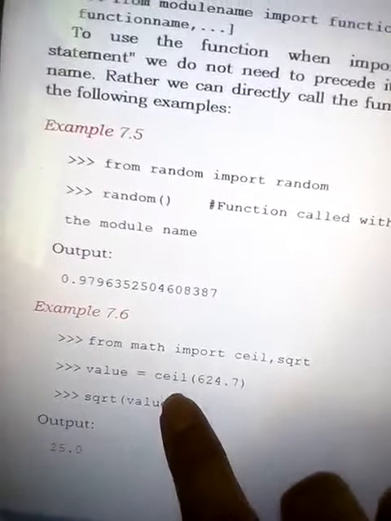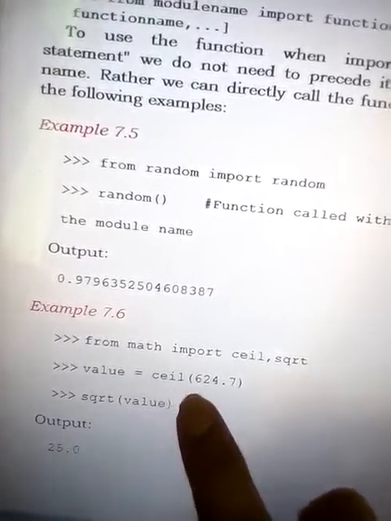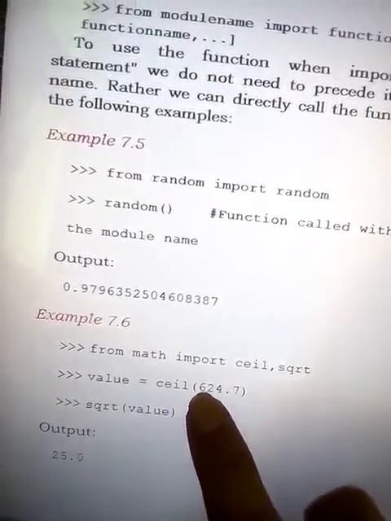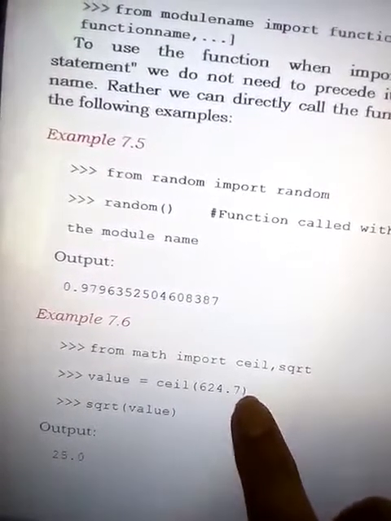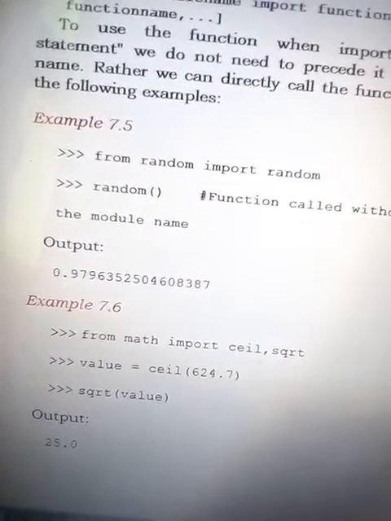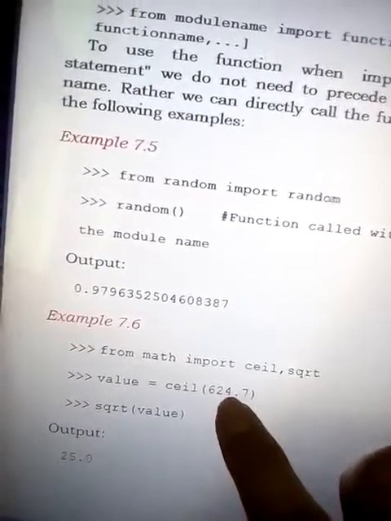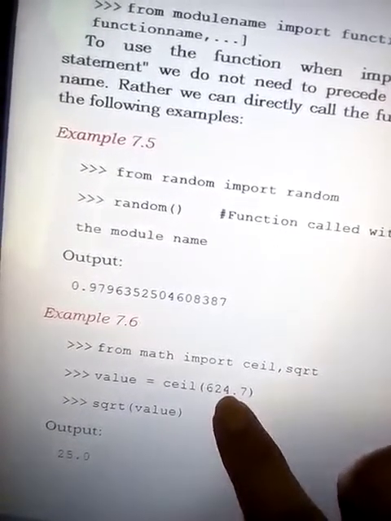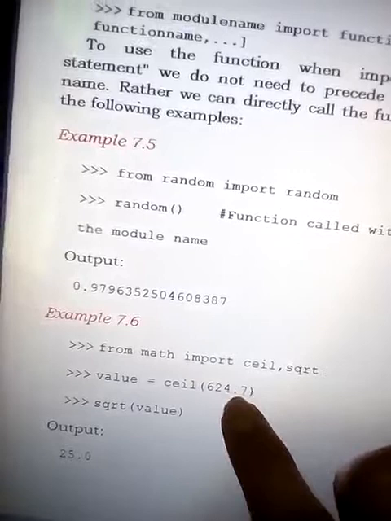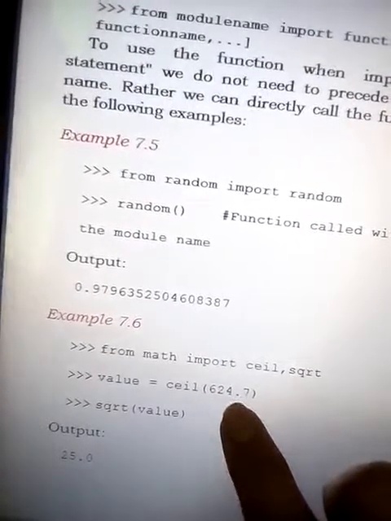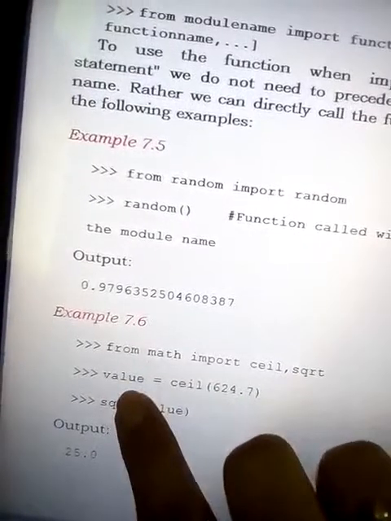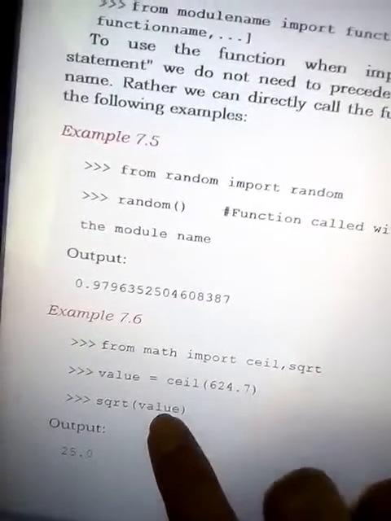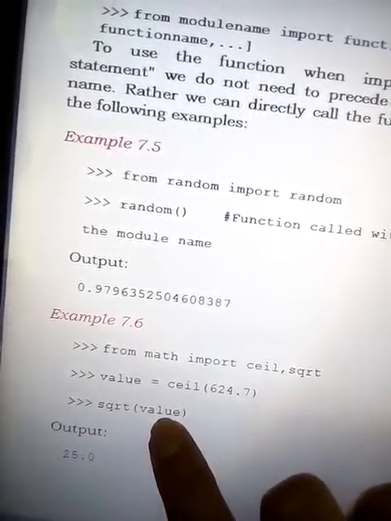So the ceil function will take the value 624.7 and increment it, so instead of 624 it will provide 625. It returns 625 as an integer value to the variable value. Now 625 is passed as the argument of square root.